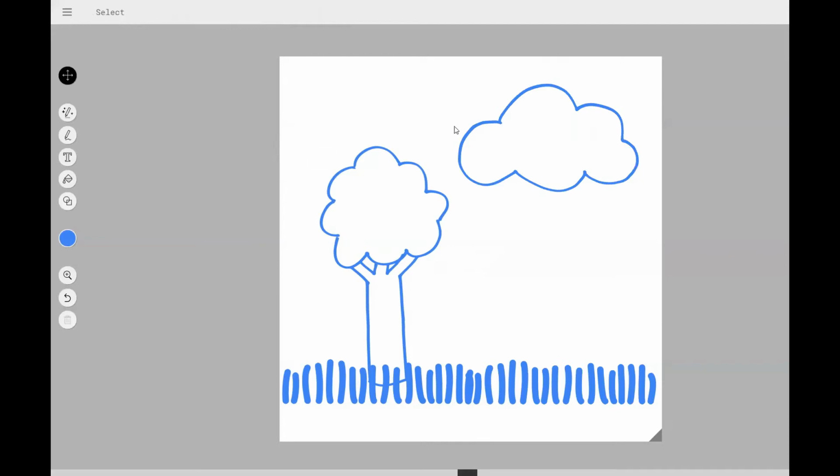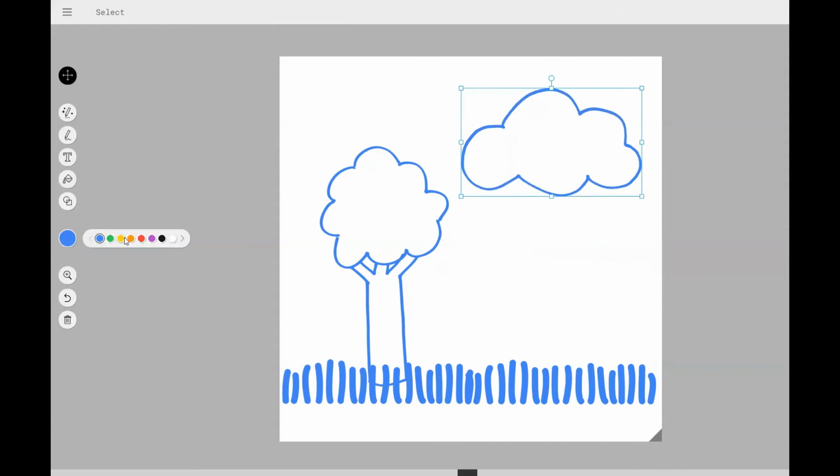So this is the select button. This lets me select things, and then you can change. Sometimes you can, yes, you can change the color. So I'm going to make them. And then we've got the AutoDraw, the magic AutoDraw button.